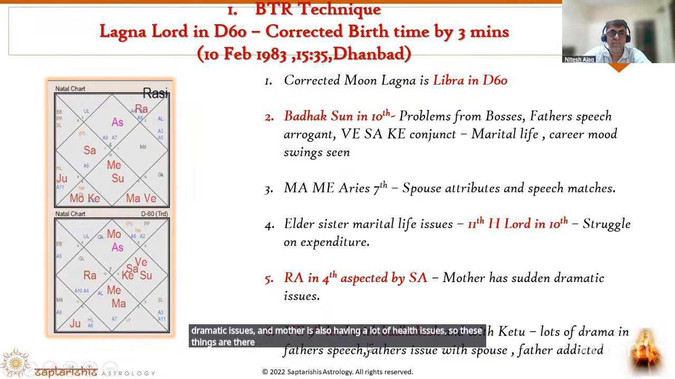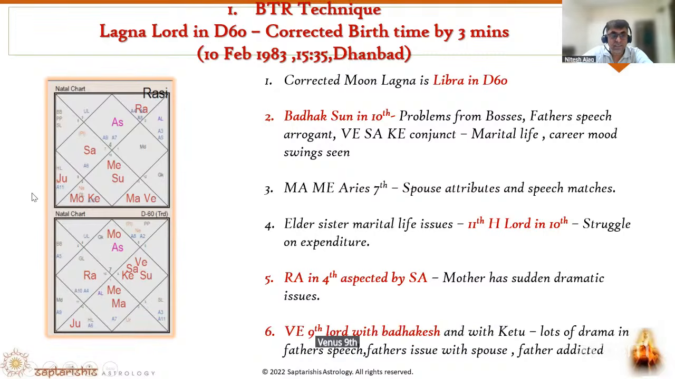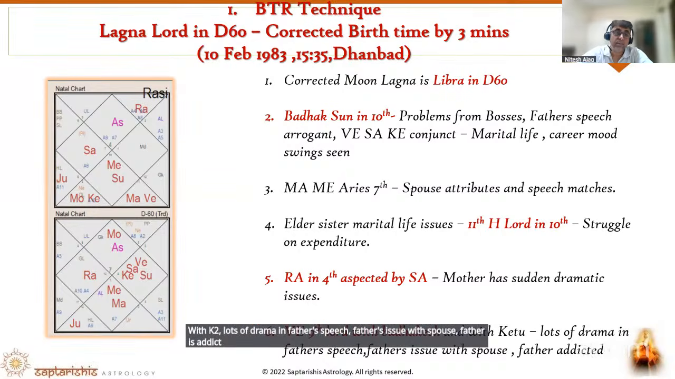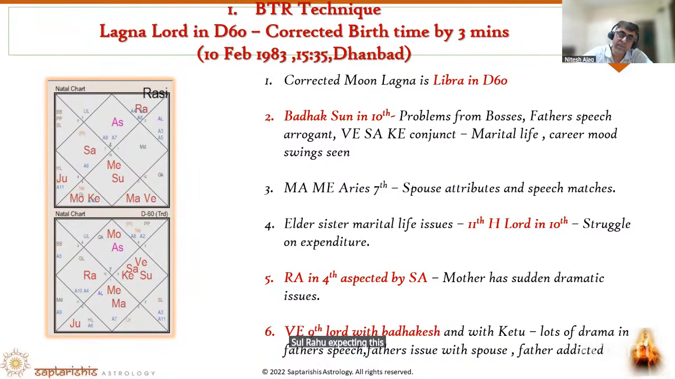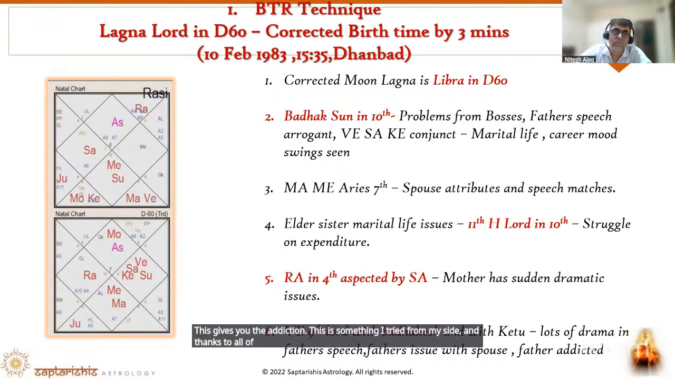with the person. Venus, the 9th Lord, with Badhakesh Sun, that is in Cancer, you can see in D60, with Ketu, lots of drama in father's speech, father's issue with spouse, father is addicted. So Rahu aspecting this 10th house and Saturn sitting over there in the second house of father, this gives you the addiction. So this is something I tried from my side, and thanks to all of you who patiently listened to